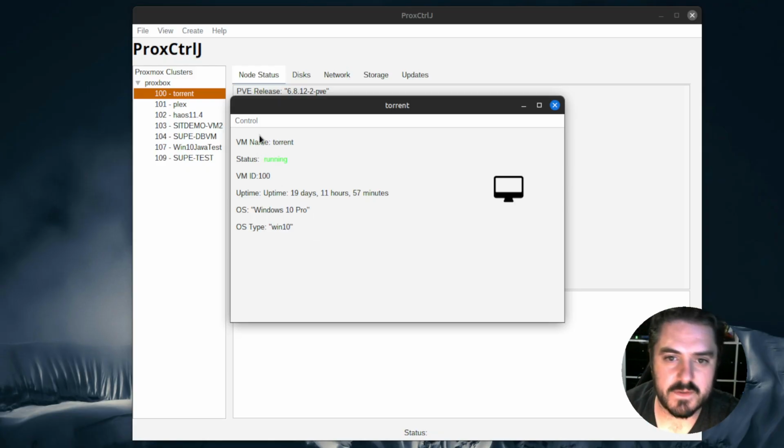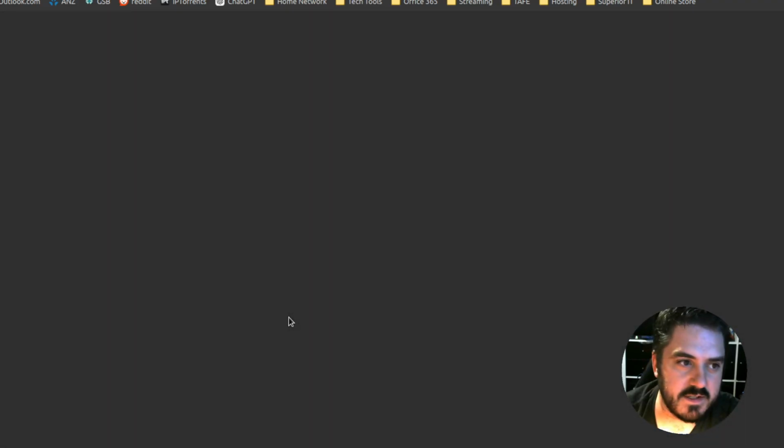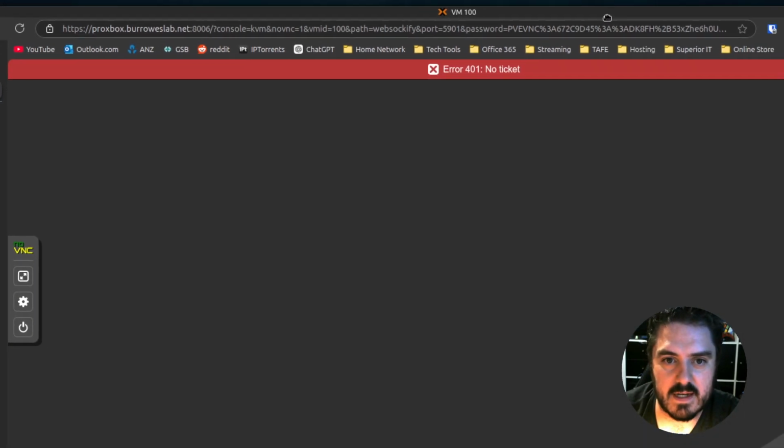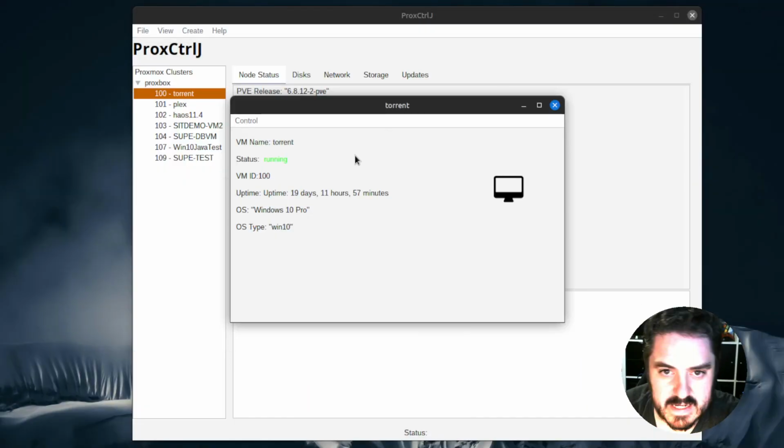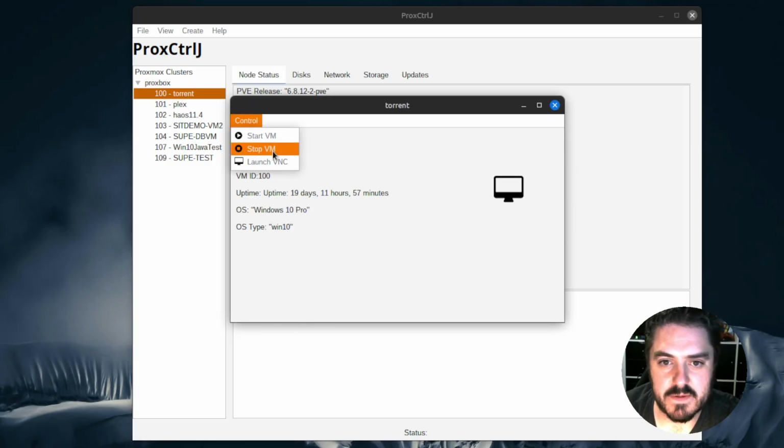Now I've changed that to launch into your default browser, and that would load. But I've got more issues around general ticketing and authentication with it. I plan to work on that later, but I've moved that button into a drop down menu